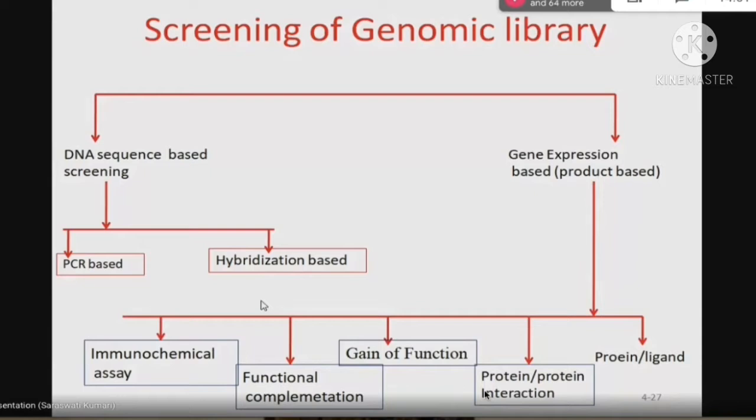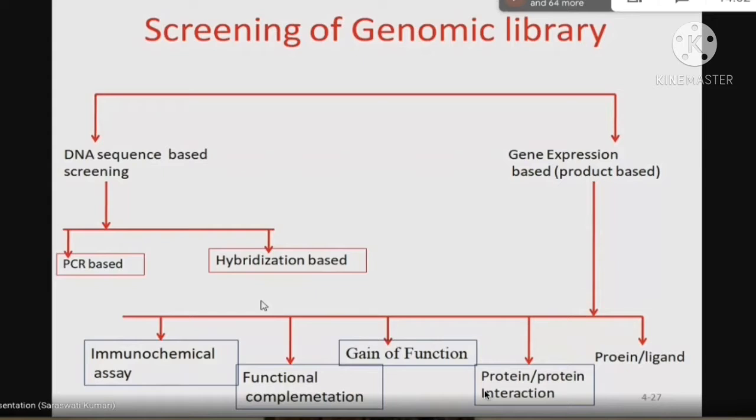We know the function or role of almost all genes of yeast and E. coli, but we don't know about our genes, because it's not easy to handle humans. It's not easy to do this functional complementation in the case of humans. That's why we do not know. It's easy in the case of lower organisms, bacteria and yeast and other things. But once we characterize all the genes of lower organisms, then we can correlate.